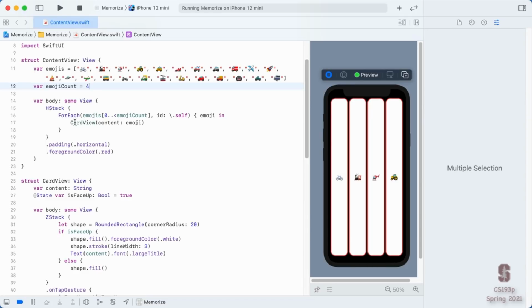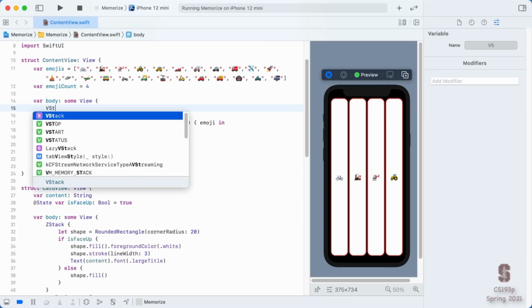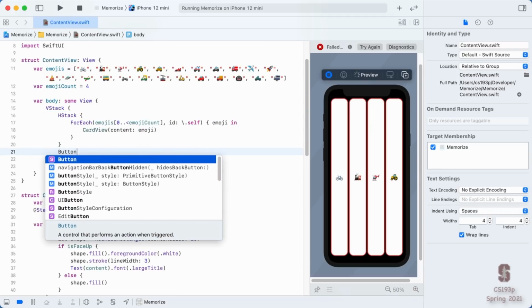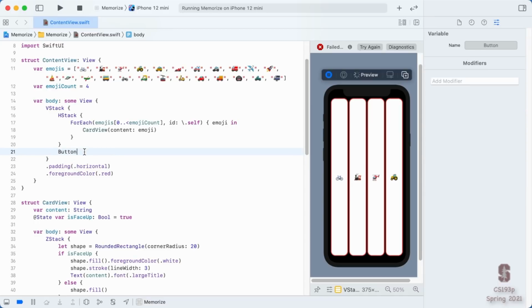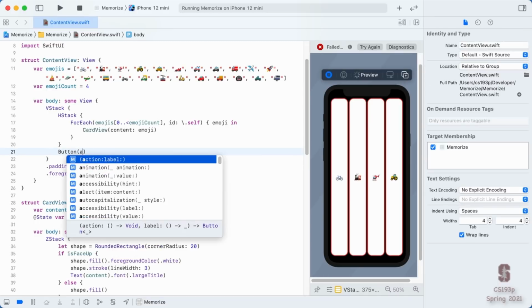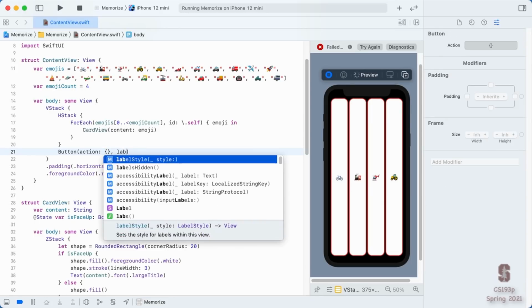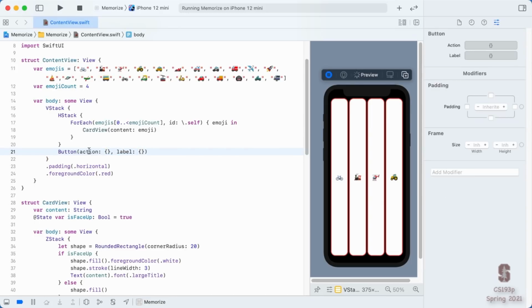And how do I stack this HStack on top of something else? I'm going to use another view combiner, a VStack. VStack stacks this stack with a button. And what are the arguments to making a button? It has 2 arguments, basically the action, which is a function, and the label, which is also a function.